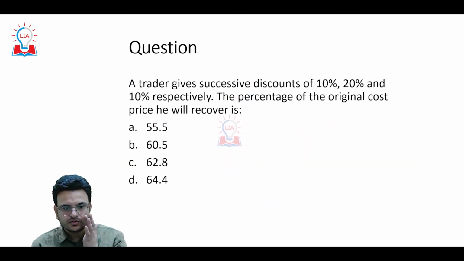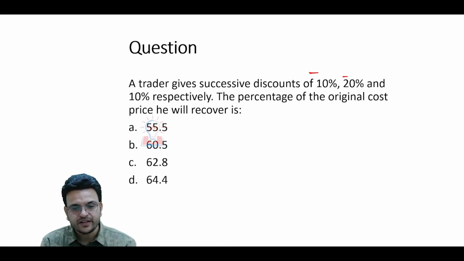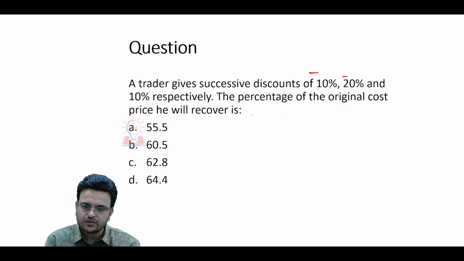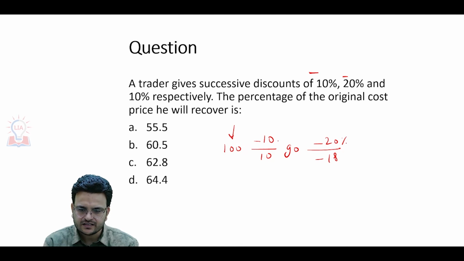Come to one more question. A trader gives successive discounts. The discounts are minus 10%, 20%, 10% of the original cost. This is how you can solve the question. Initially you will consider the price is 100. It is reduced by 10%, becomes 90. Again, 90, 20% means minus 18. 90 of 20% is 18,